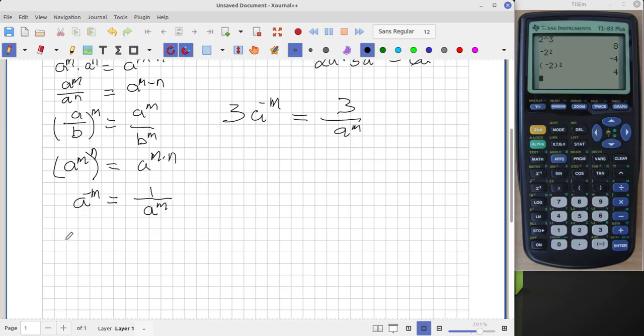And I guess the last thing worth mentioning, if I have a fractional exponent, a to the m divided by n, it's power over root. Power over root. What do I mean? Well, that's a, and it's going to get a radical symbol. This is the power m, and this is the root. So if I had a to the 2/3 power, that's a cubed